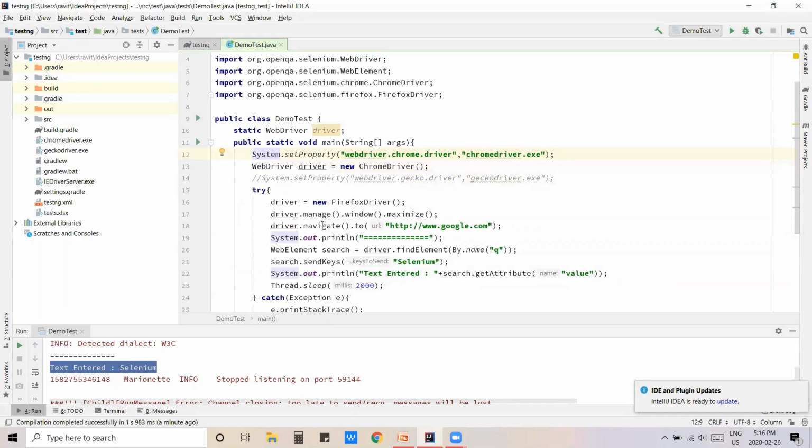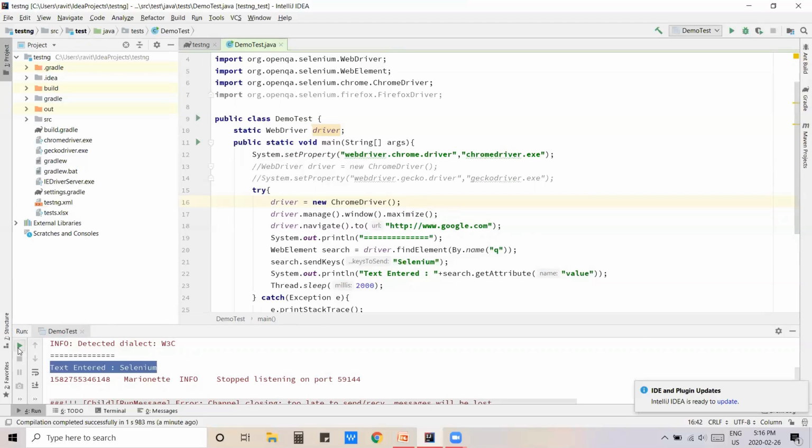One thing we need to know: if we are running something on our local machine, we need to set up environment variables, one for Chrome and one for Firefox or IE or Edge, Safari, anything.